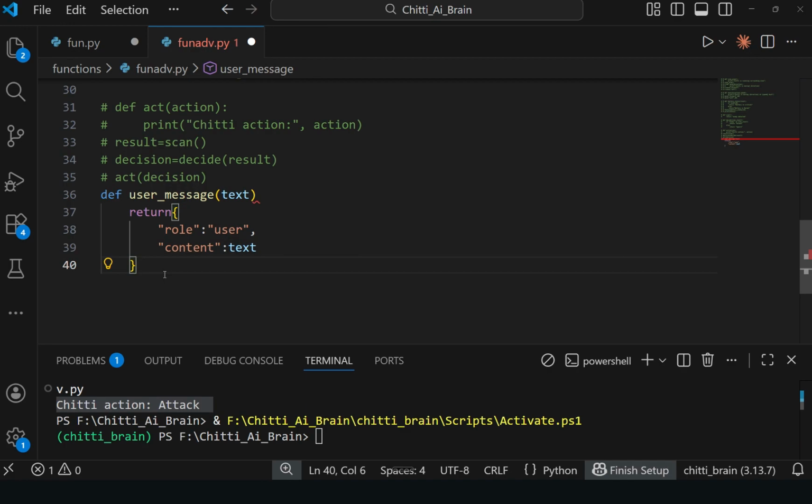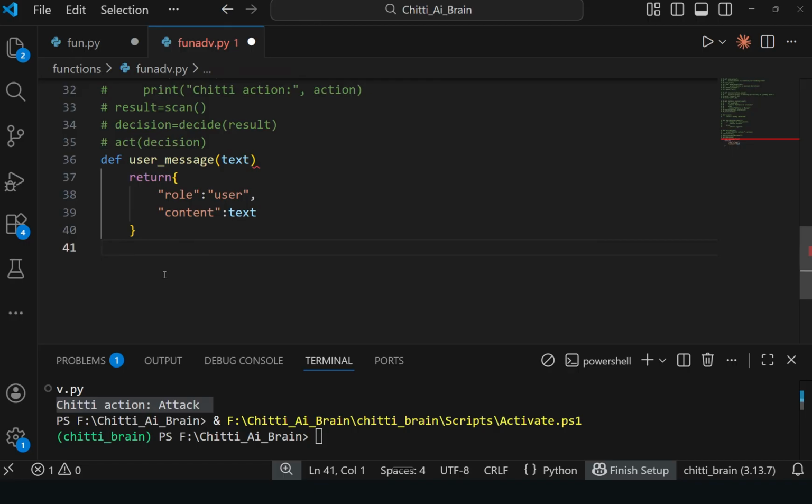To get text from the user, you have to write a function like this. Suppose you want to design a ChatGPT or Gemini AI. The function to get text from the user has role as user and content as text.